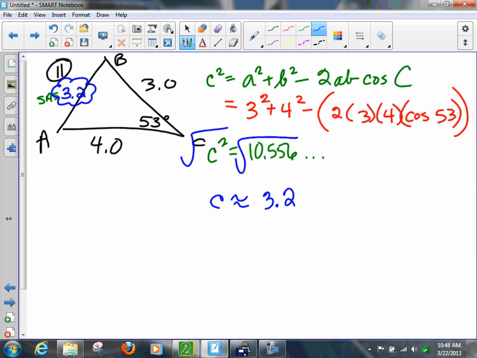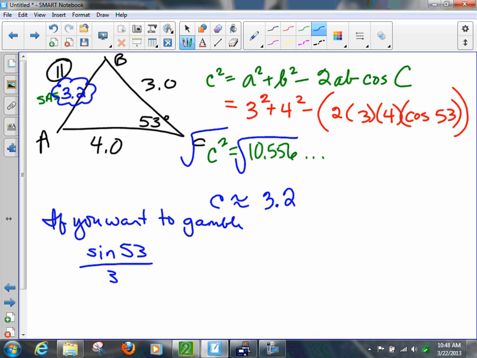I'm going to take a gamble because I show all my work, and I usually zip through it a second time just because it's all calculator work. Doesn't take long. If you want to take a gamble, then use law of sines. Well, I have approximated side C. So I don't have the exact answer. And when I've plugged this in and I go sine of 53 over an approximated answer,